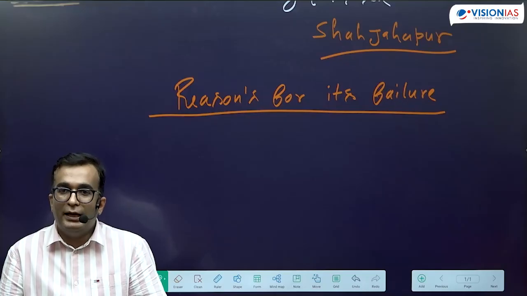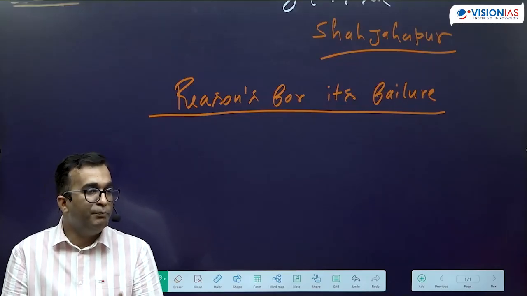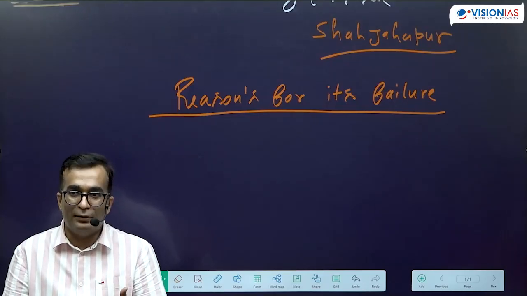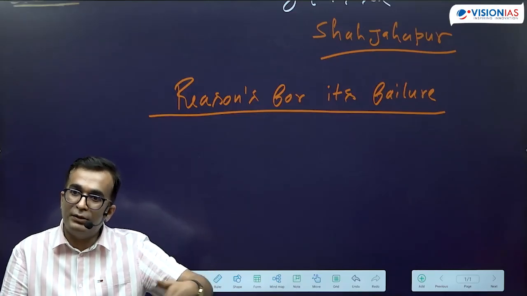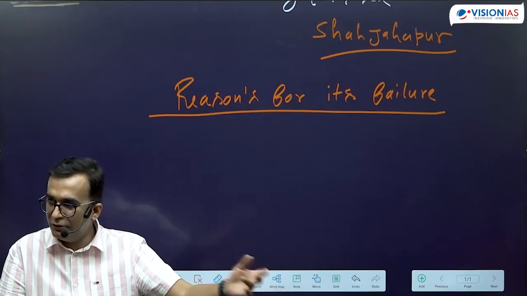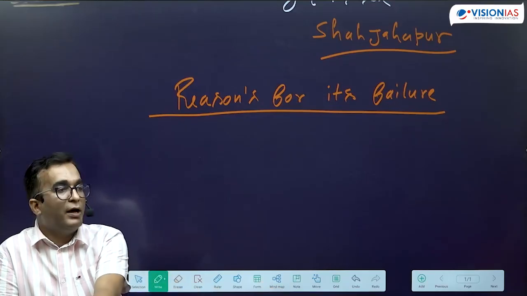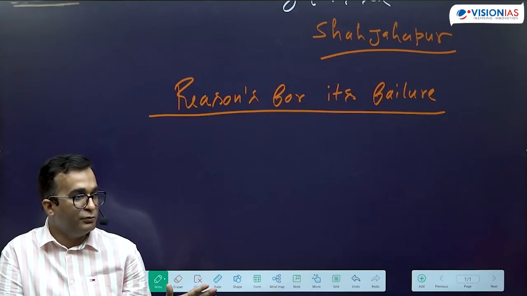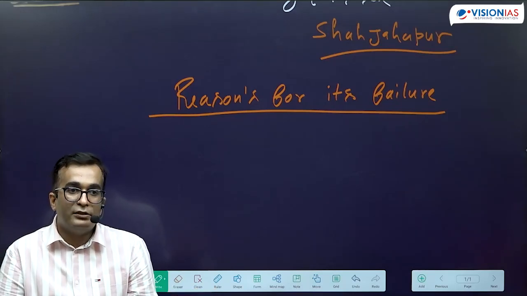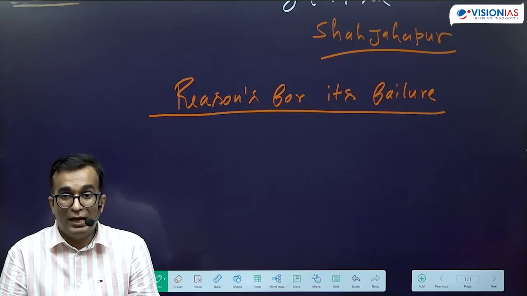So it takes a little bit of time to spread, but before it could spread to southern India, it was already crushed by the British authority. By the time it reached there, the revolt had already ended, okay? So that is also one reason why it did not spread to southern India. Now we have the reasons why it did not spread to southern India. Now let's look at the other things happening here.